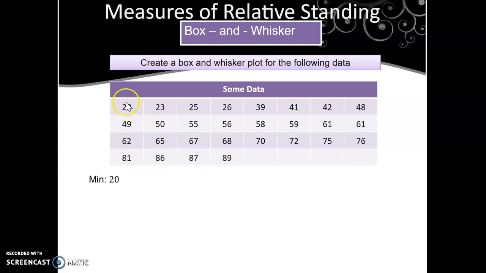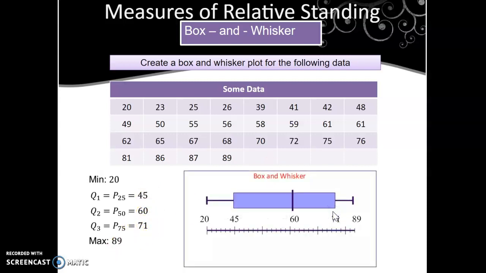So that would be the 25th percentile. I'll give you a minute to maybe pause the video and work that out. Find the 25th percentile. You should get 45. The second quartile, or the 50th percentile, if you calculate that, you should get 60. The third quartile we just did in the previous example was 71, and the maximum value we already can see is 89. So we're going to draw a number line and plot these numbers, 20, 45, 60, 71, and 89